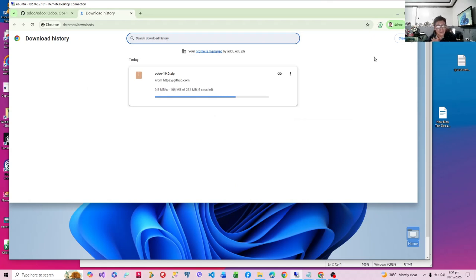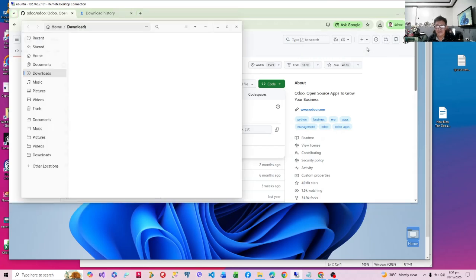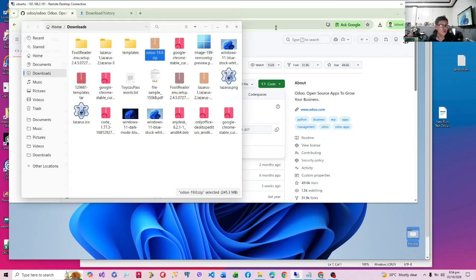We're waiting for the download to finish. This is much faster, as you see. So we went to code and we click download zip. Now you will know that the download process is done by checking that folder there. You can open the folder and it's found in your downloads folder.